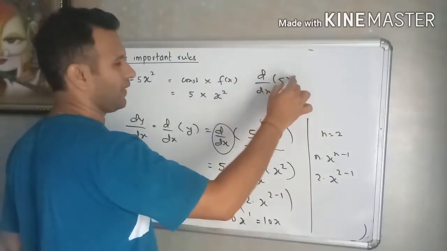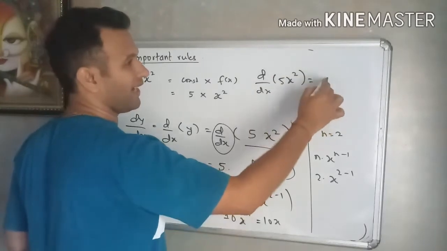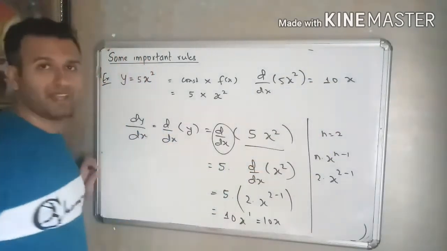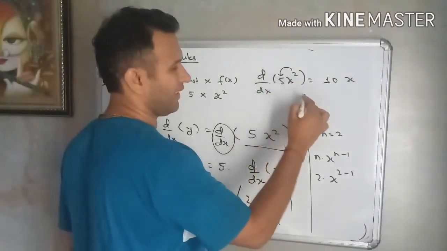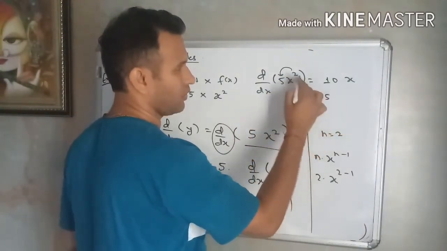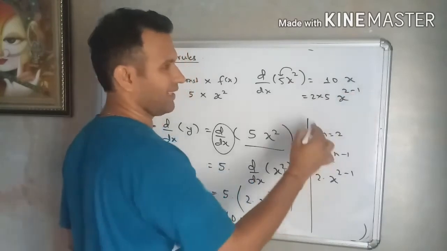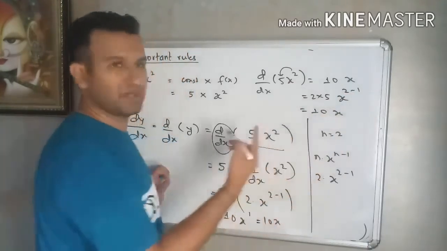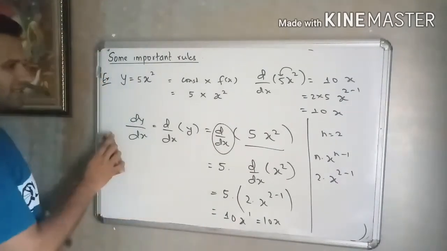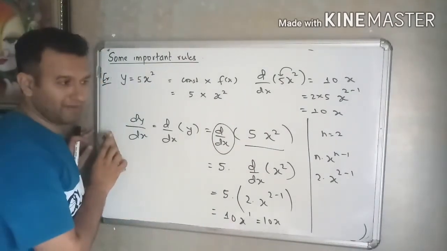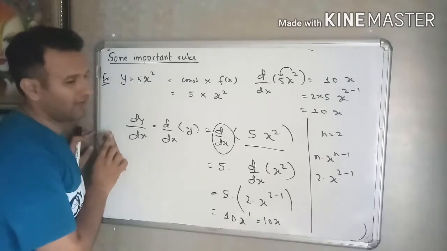आया 5x स्क्वायर का, वो आया 10x, ठीक है। अगर आप ध्यान से देखो तो हमने क्या किया, यहाँ पे हमने इस 2 को 5 से मल्टीप्लाई किया और इस 2 को 1 से घटा दिया, इसलिए ये हो गया 10x। समझ में आपको, ठीक है। तो अब मैं आपको और एग्जांपल्स देता हूँ, ये आप नोट डाउन कर लीजिए, यहाँ पे वीडियो पॉज कर लीजिए, और इसको नोट डाउन कर